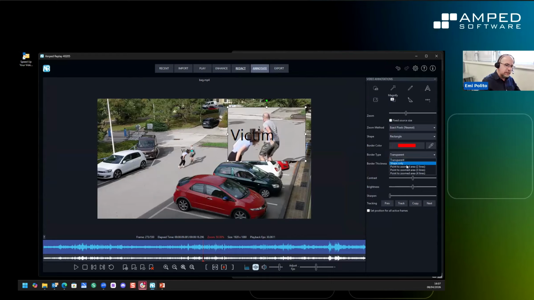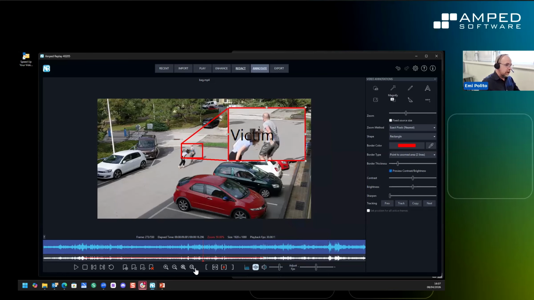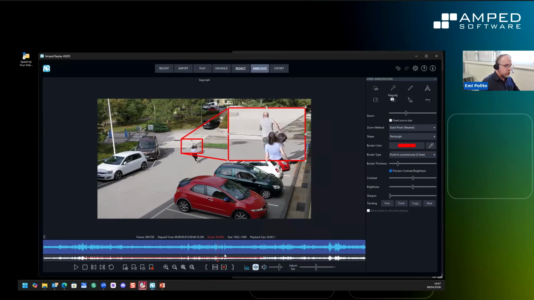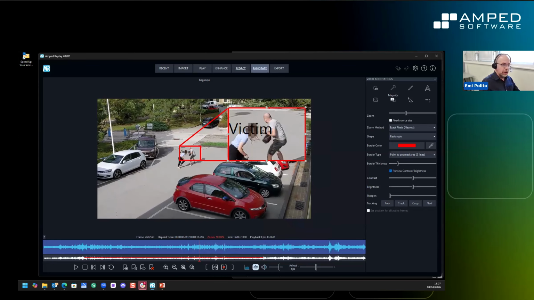And then I'm just going to type pointed zoomed area, which is just basically going to plot the magnification to where it comes from on the video. And then I'm going to right click and select paste tracking data. And now what it's doing is using the tracking data of the assisted redactor to animate the annotation. So this is in preparation of our next feature, which will probably be the ability to track and